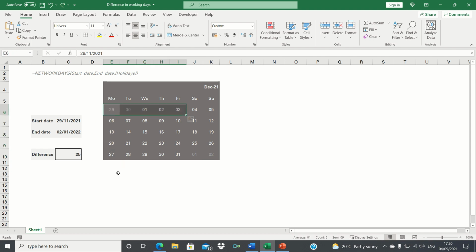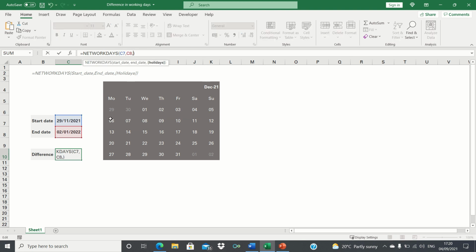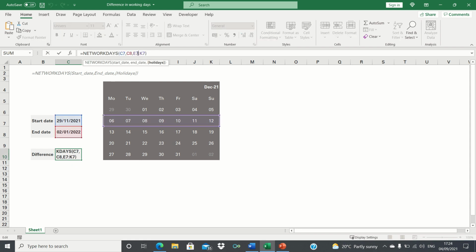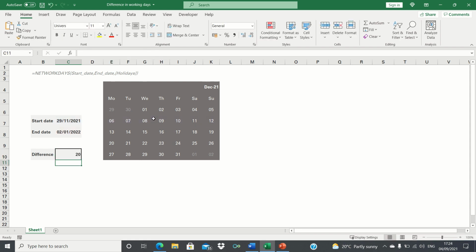Next, let's incorporate holidays by using the calendar on the right. Let's assume we're taking the week of the 6th of December off. We can simply select the week that we're taking off in our calendar and then click enter within our formula. Note that even though we selected 7 days, Excel still returns 20 as 2 of those days are non-working days,